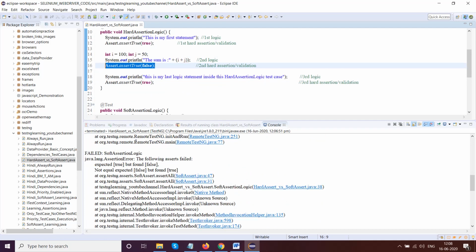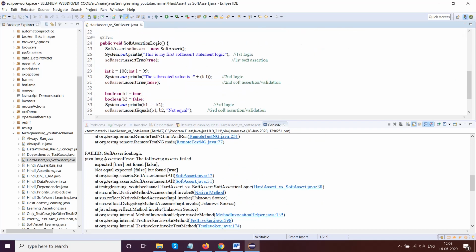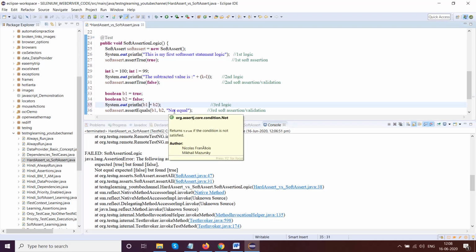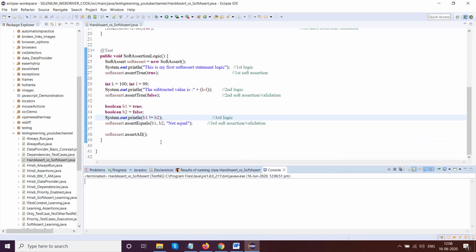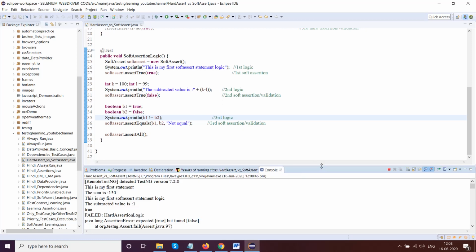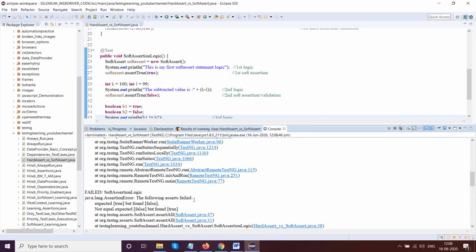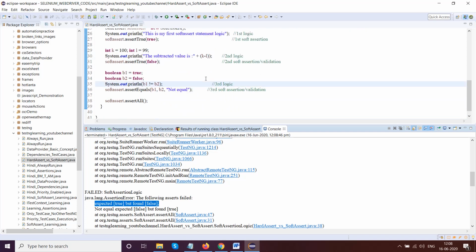Now coming to the next soft assertion logic. See, expected true but found false. If you give this one not equal to, now this thing will pass. Let's see. Expected true but found false for the soft assertion logic.